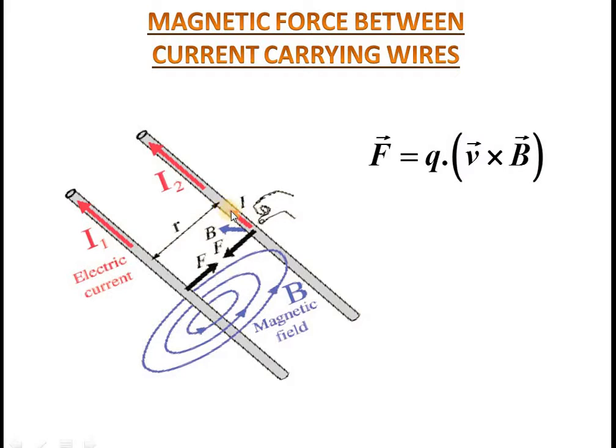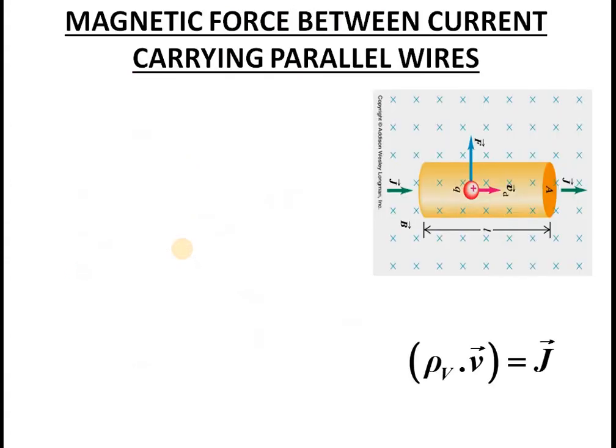Similarly, the second wire carries current I2, so there is a magnetic field around it, and wire 1 is located in the vicinity of wire 2. So wire 1 is experiencing a magnetic field, and obviously a force. In short, both wires carry currents as well as exert force on each other. These forces can be either attractive or repulsive, depending on the current direction, distances, etc. That is what today we are going to see.